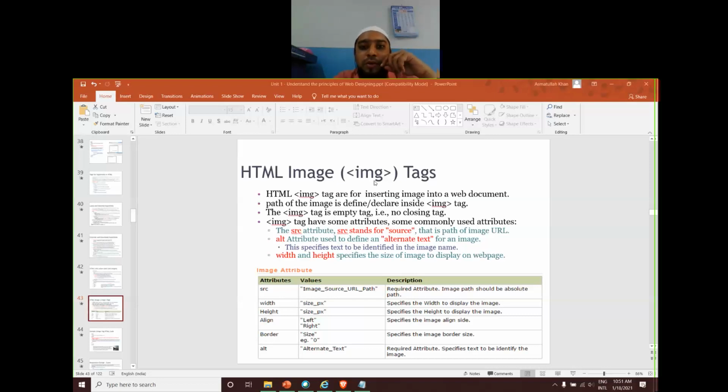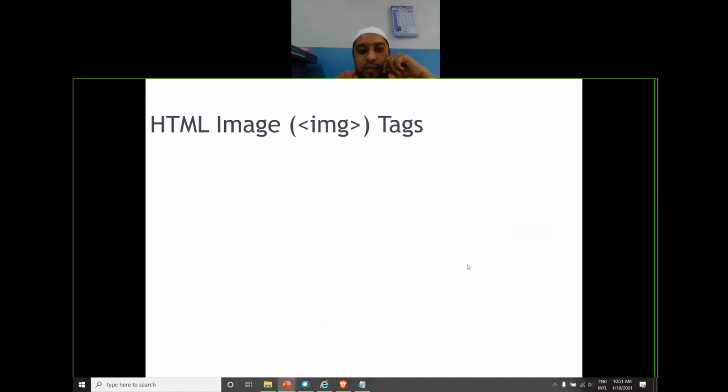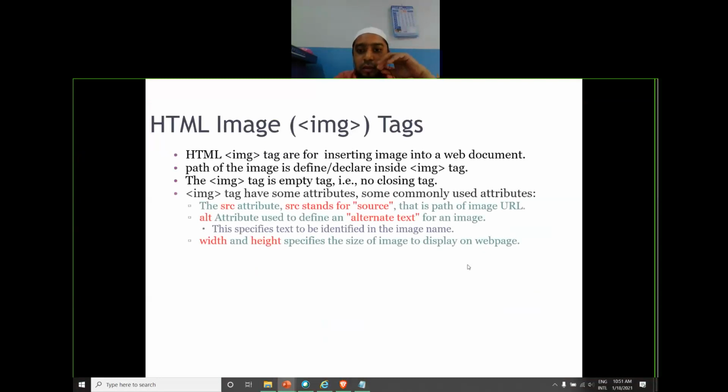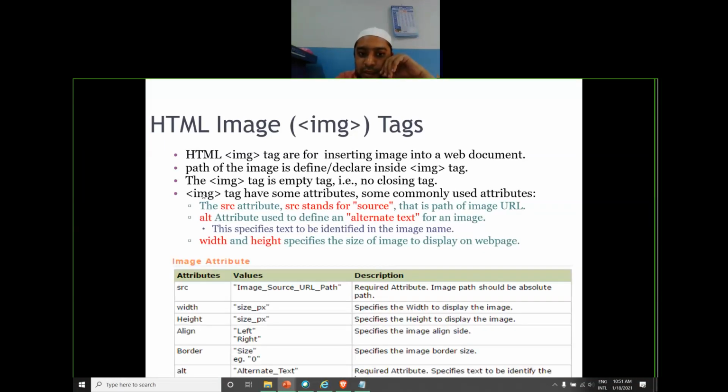So in case of the image tag, it's very simple. The image tag is just like your anchor tag. We have got here something called img, which stands for image. And it has,